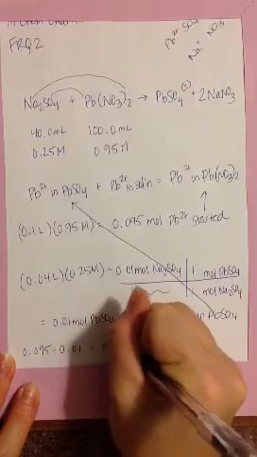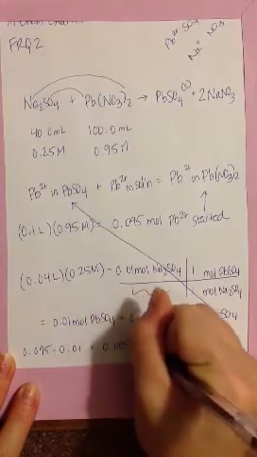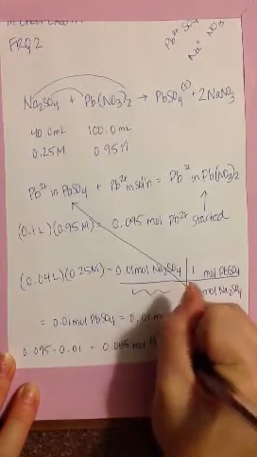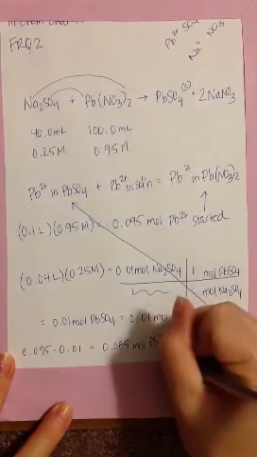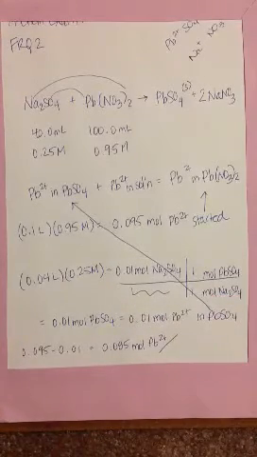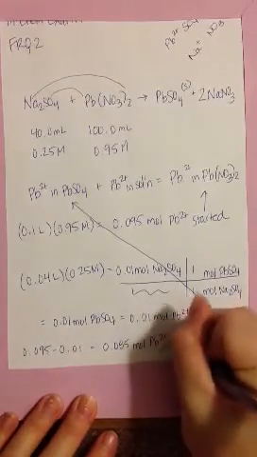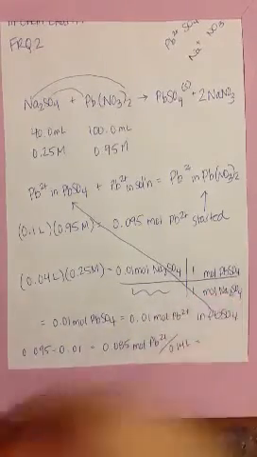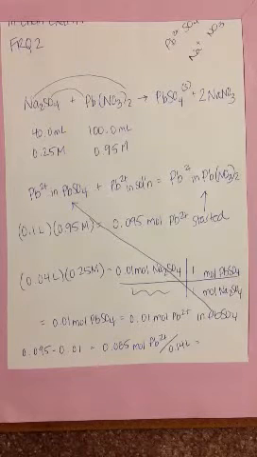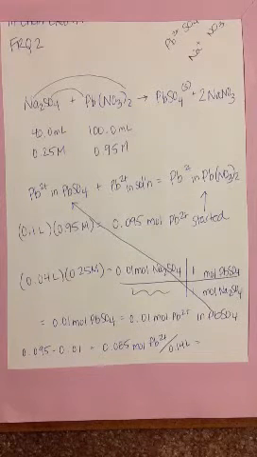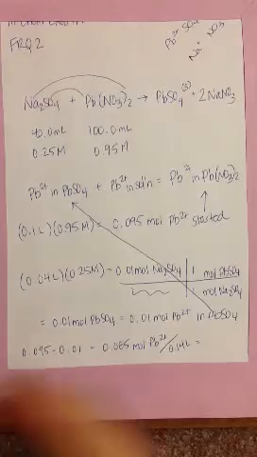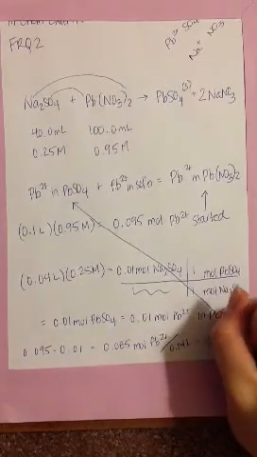So 0.085 moles of Pb2+ left. And it asked me for the concentration, so I divide that by the total liters. Well, I had 40 milliliters and 100 milliliters, so that would be 0.14 liters. And if I do 0.085 divided by 0.14, I get a concentration of